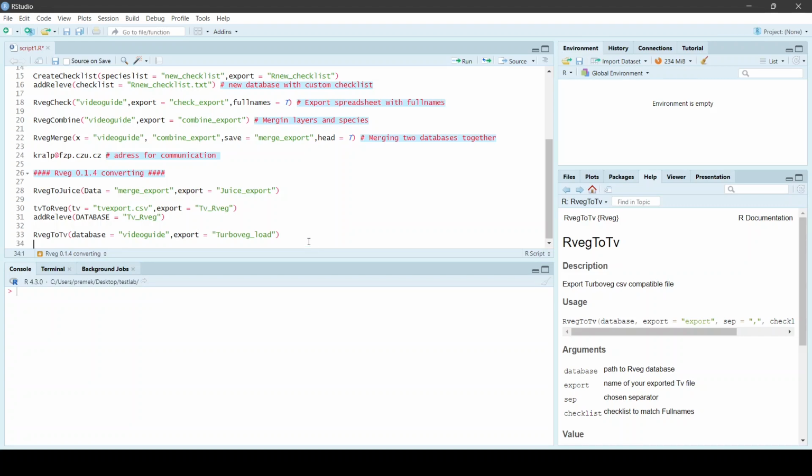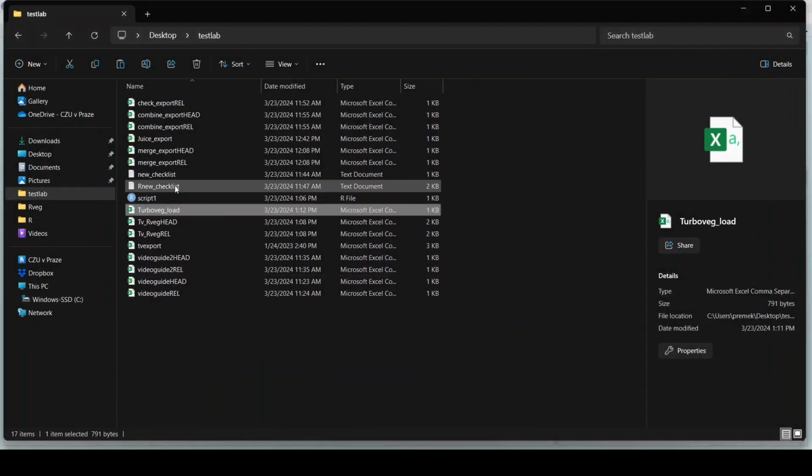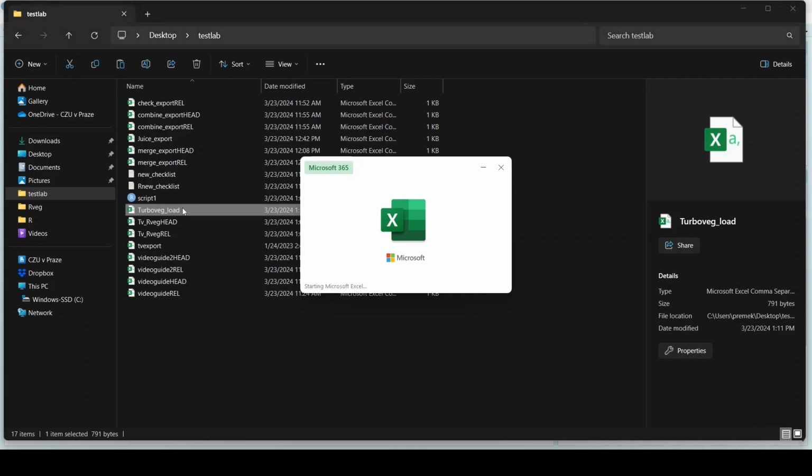But I'll show you how you can export from Rveg to a Turboveg readable format. You just have to fill the parameters database and export. We get some warning, but that shouldn't bother us, and we get a result,